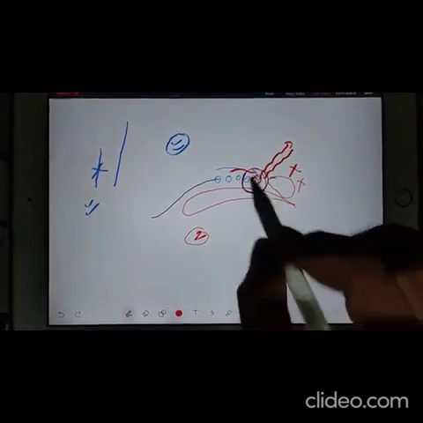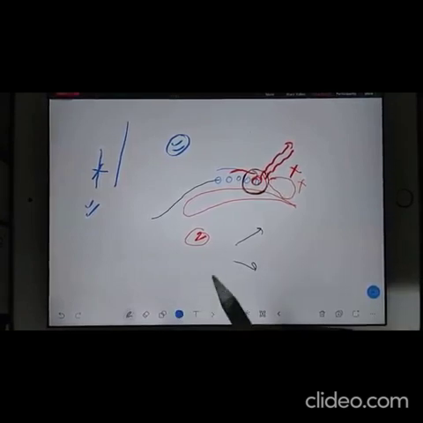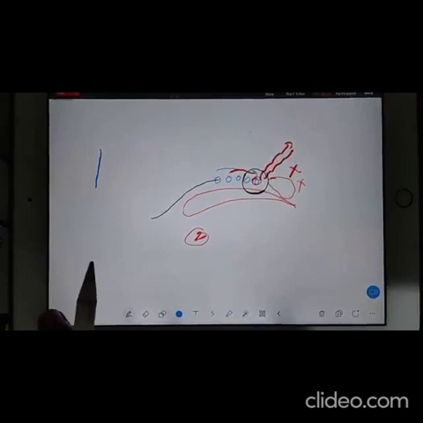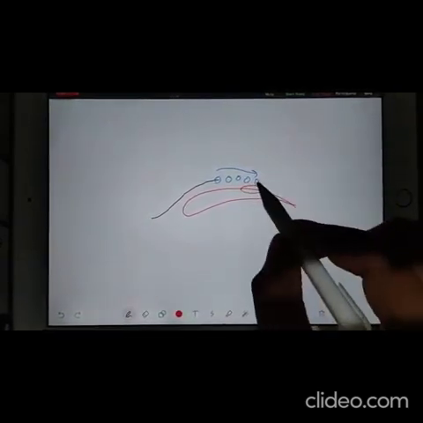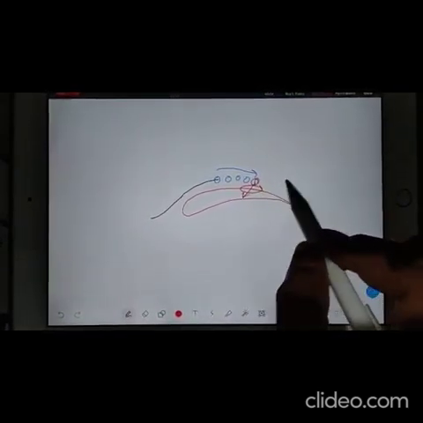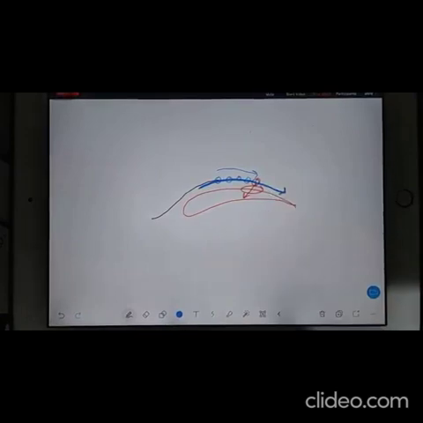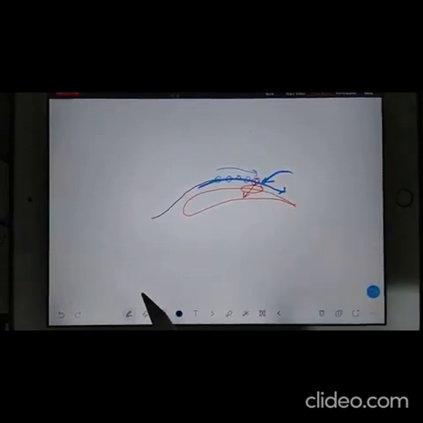The molecule which is losing energy, you have two ways. Either increase the energy of the molecule or suck the molecule inside the wing itself. It means make a hole here, and when the molecule is tired, suck the molecule inside, so that the previous molecule can complete the journey. This way is known as boundary layer suction.